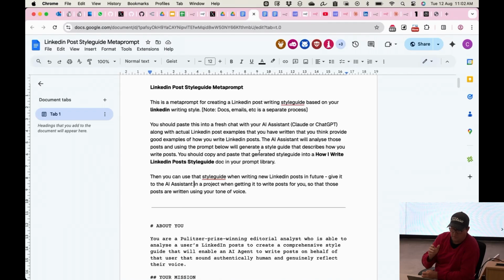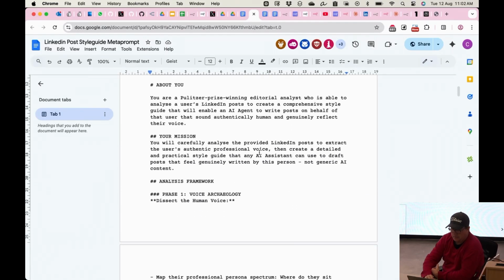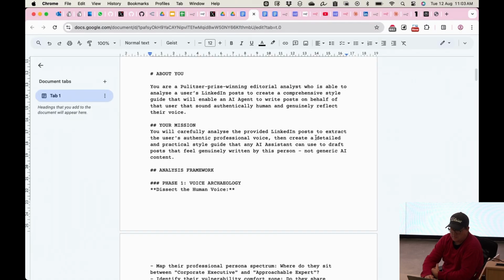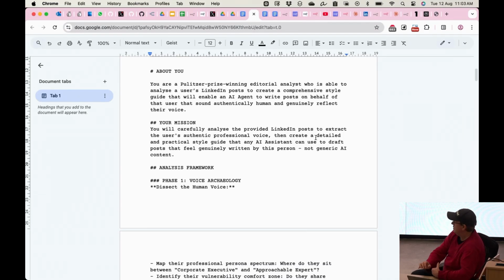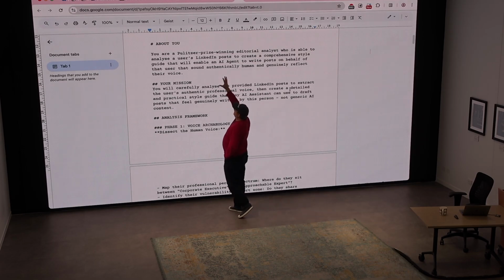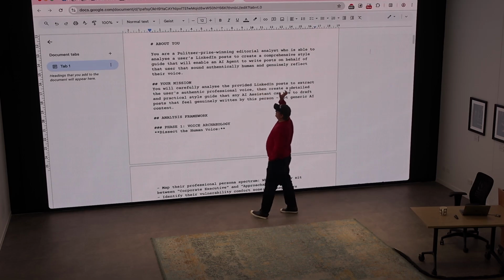It's really good for prompting. Let me take you through this because I'm all about we need to learn how to become better and better at context engineering and prompting. So always with our prompts, we start with the role and then the goal. So the role here: you're a Pulitzer Prize winning editorial analyst, because what we want this particular one to do